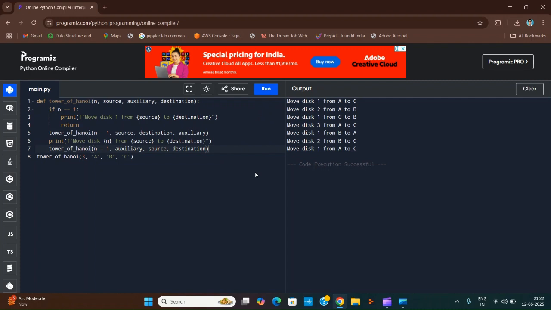This Python function solves the puzzle recursively. If there's only one disk, we move it directly. That's our base case. Otherwise, we break the task into 3 steps. Move N-1 disks to the auxiliary rod, move the nth disk, and move the N-1 disks to the destination. Let's walk through a dry run for 3